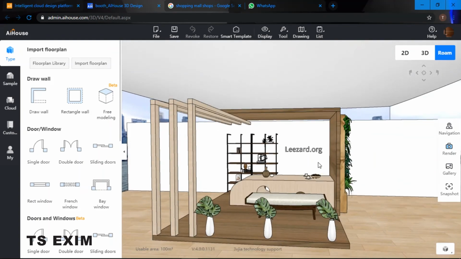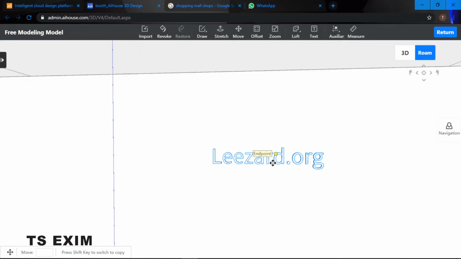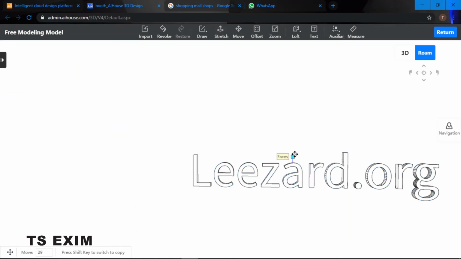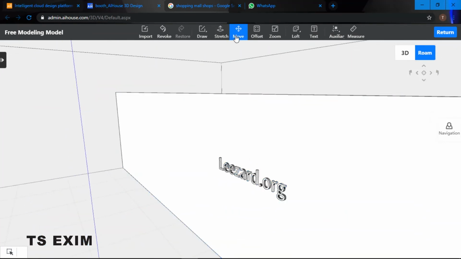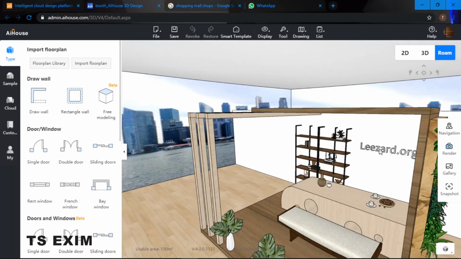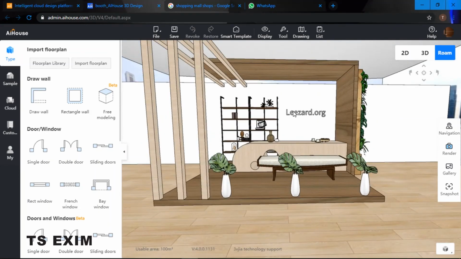Next, let me adjust slightly a little bit higher. Make sure you click at the end point and move. Just like that, it should be good. Once I'm done putting in the text,